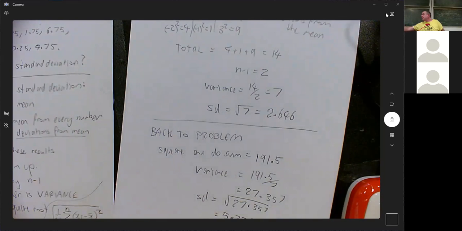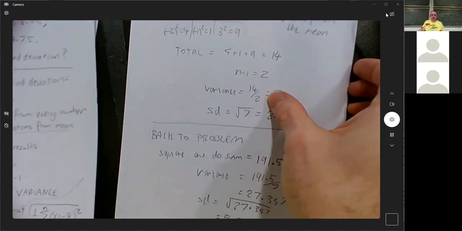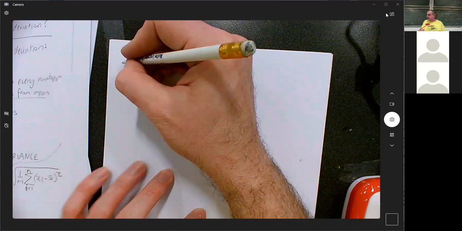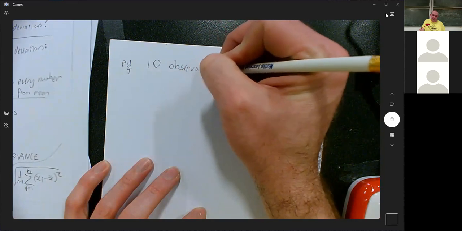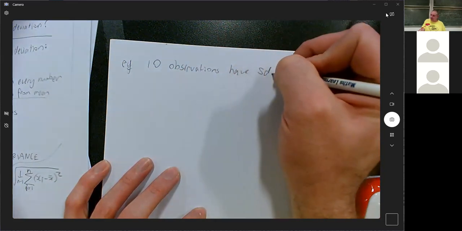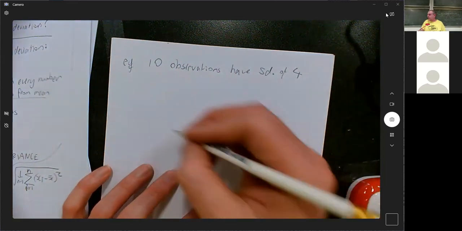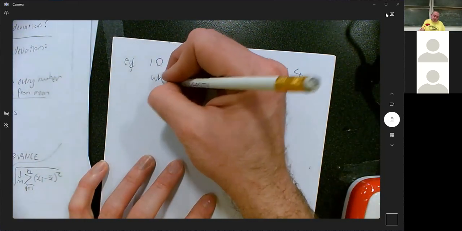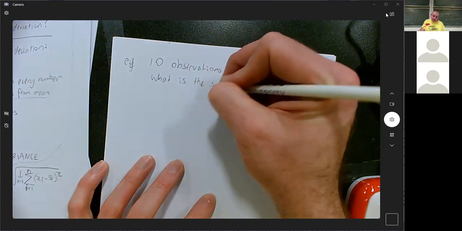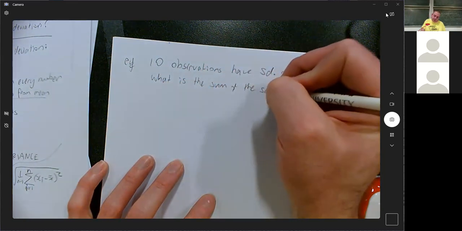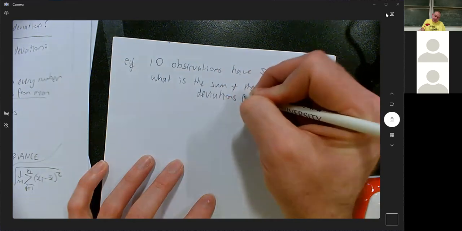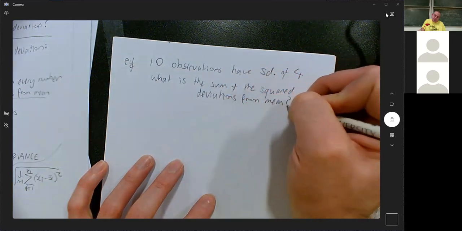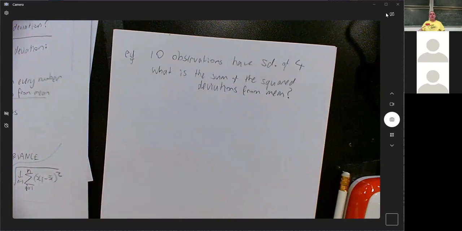I'm just going to do one more example, just for this vibe. 10 observations have a standard deviation of 4. What is the sum of the squared deviations from the mean? Well,